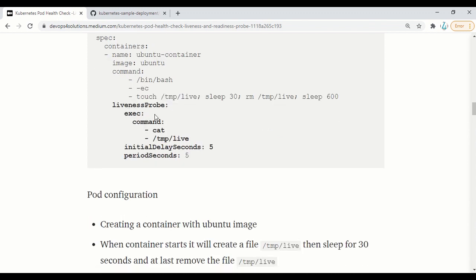And here is the liveness probe, which is checking whether the file exists or not. Initial delay seconds means after 5 seconds it will check, and period seconds 5 means it will check whether the file exists repeatedly every 5 seconds.